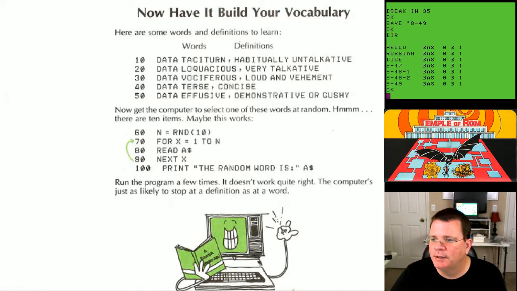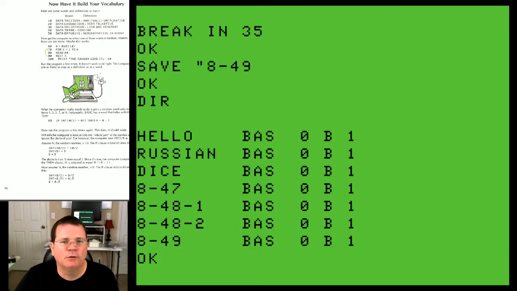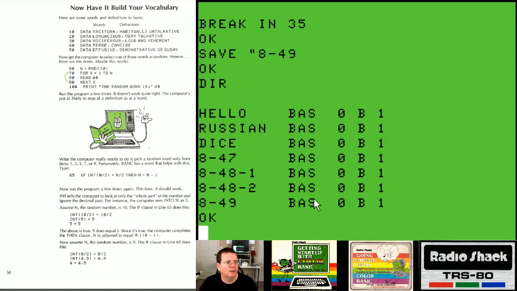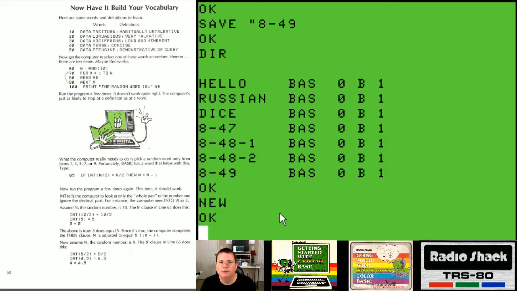Let's go back to my big screen. Let's make the Coco a little bit bigger, although I think I might need to get the book a little bit bigger here too, and I'm probably going to type some of these things wrong here. So what I need to do now is type in new, clear my memory, and here's my data. Line 10 is data,